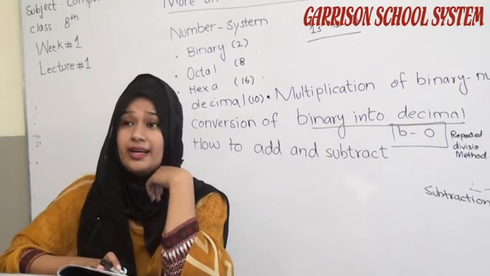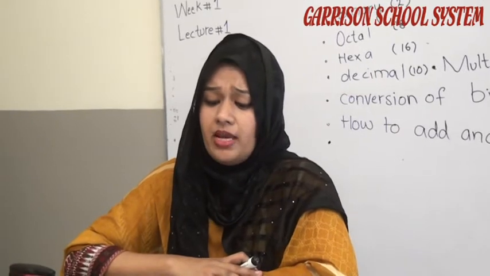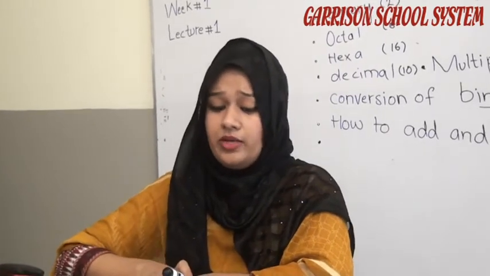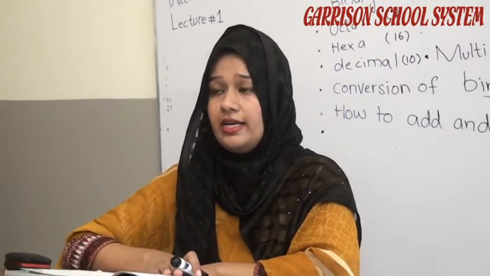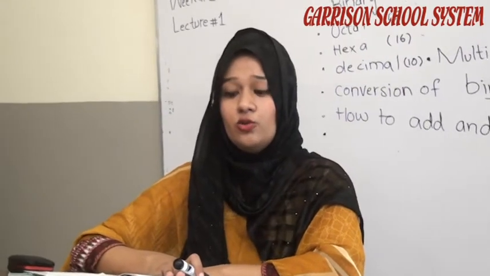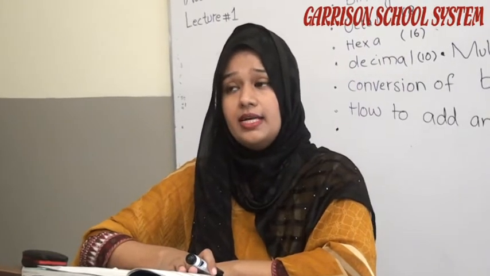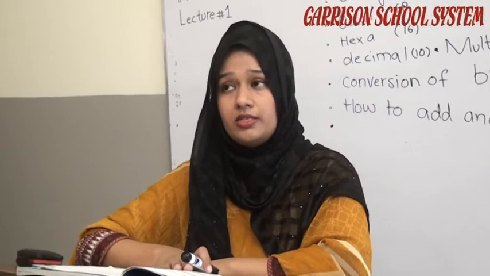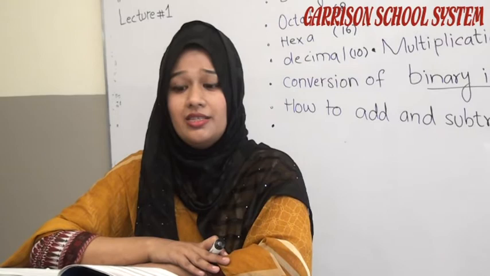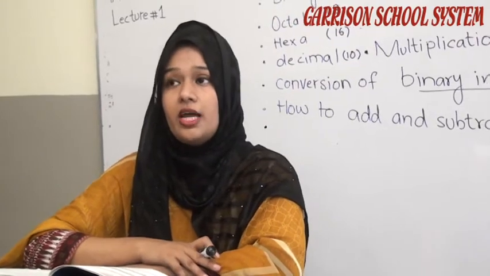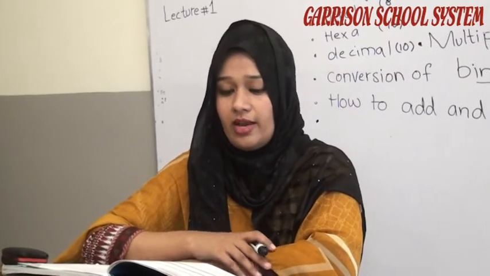We also convert decimal numbers into hexa values using the repeated division method. The difference is that we need to divide by 16 instead of 8, because when you convert decimal into hexa value, first of all you need to know the base of the decimal number system and the base of the hexa number system. The base of the decimal number system is 10 and the base of the hexadecimal number system is 16. You can use the repeated division method for the conversion of decimal numbers into hexadecimal values.